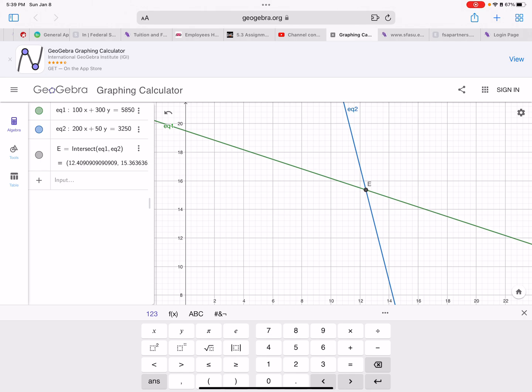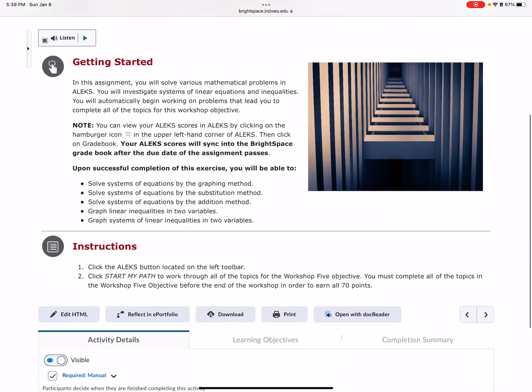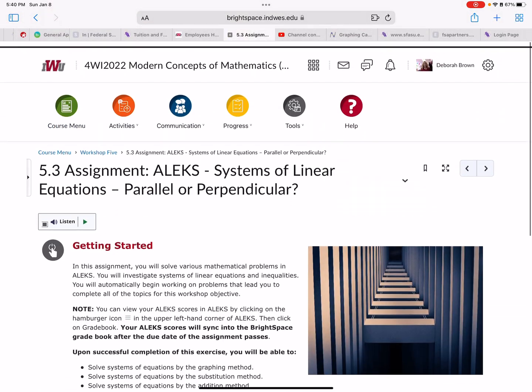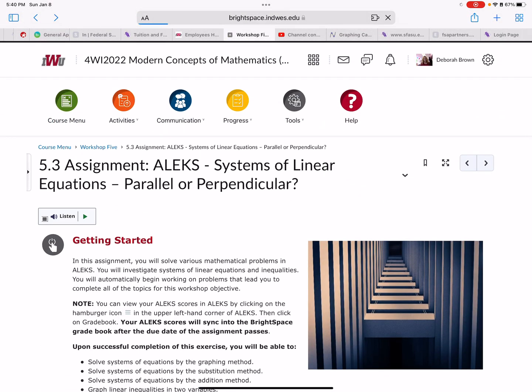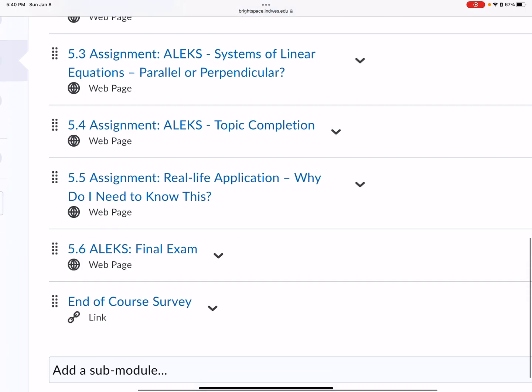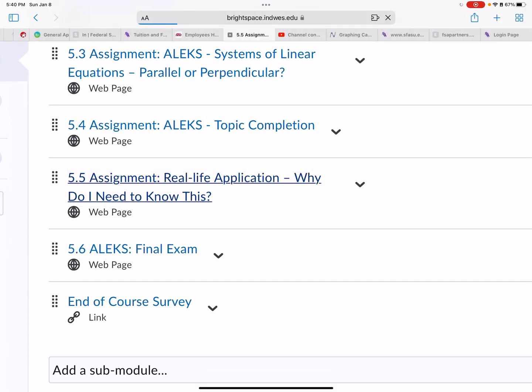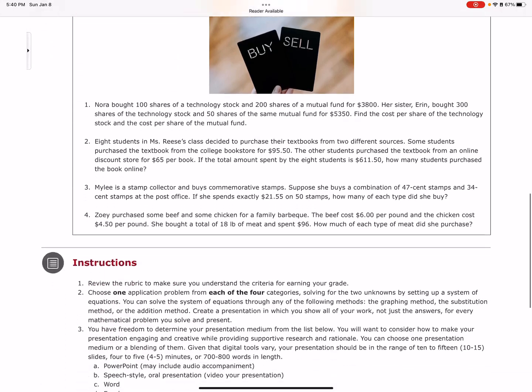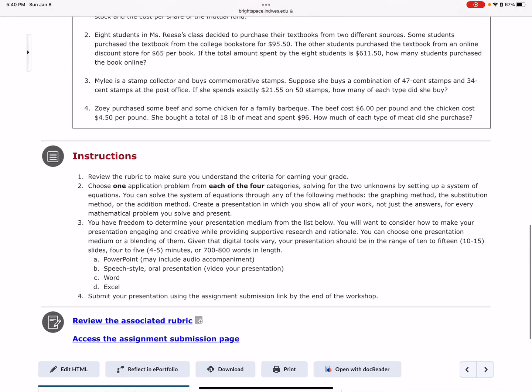Just put this in, throw it in there, do a little screenshot, and come back here. Oops, I think I'm off on this. There we go. And once you do that, go ahead and put them in. It says it wants you to do the presentation, show work, not just the answers. So make sure that you show how you solve it. I just would circle it, things like that. But honestly, I think that's the quickest way for you to do so using the technology.